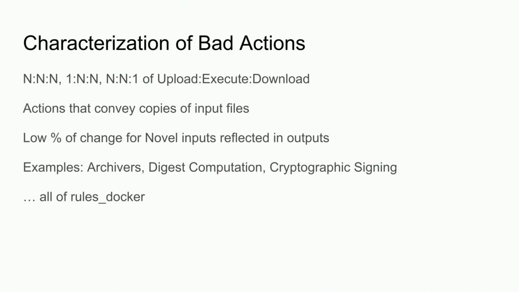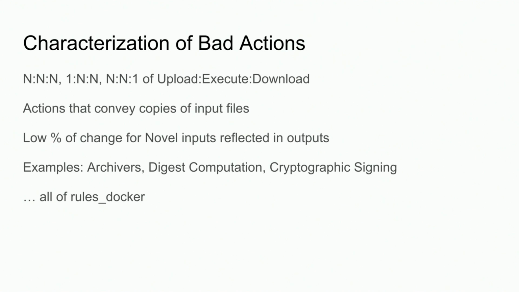We always end up with an n execution, right? It always takes some amount of time, probably pursuant to the input size. A really bad action might take very small time and might not vary in the execution size, but I'm going to forget about those things. Those are basically random number generators with tons of input files and no output files. Those ratios look like n to n to n, 1 to n to n, n to n to 1, in terms of upload and execute and download. Essentially anything that